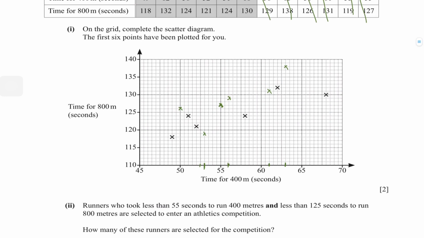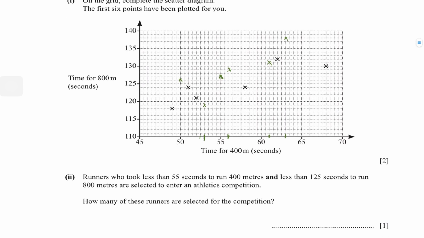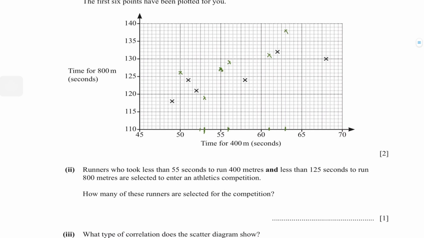Okay. Then it says runners who took less than 55 seconds to run 400 meters and less than 125 seconds to run 800 meters are selected to enter an athletics competition. Okay. How many of these runners are selected for the competition? Okay, let's see. Runners who took less than 55 seconds. So that means I'm going to look at 55 and I'm going to make